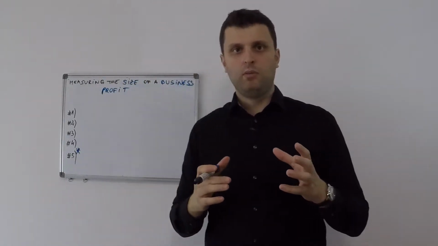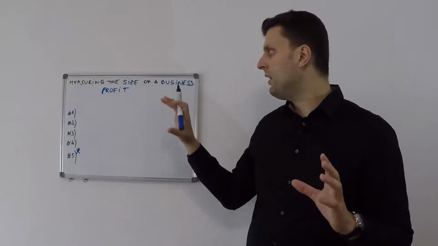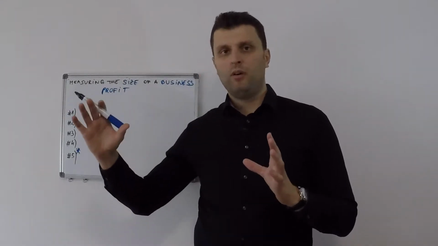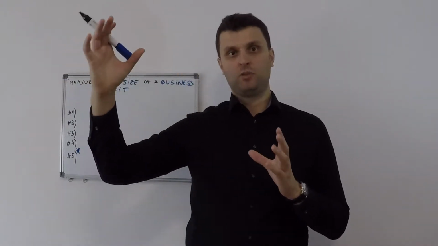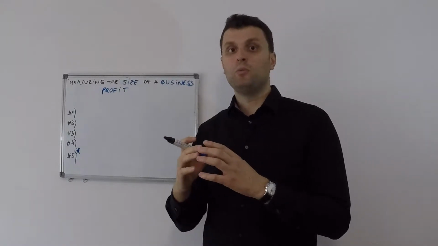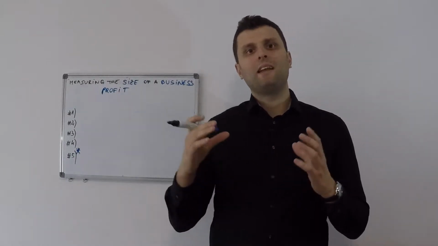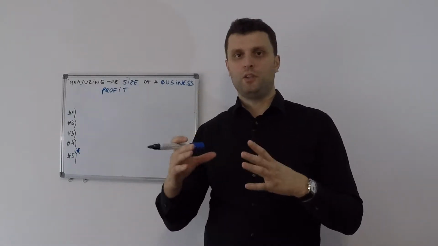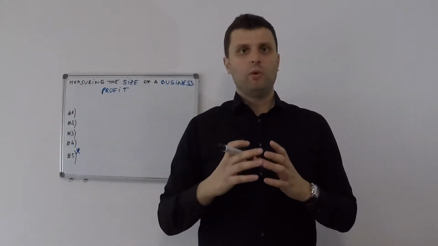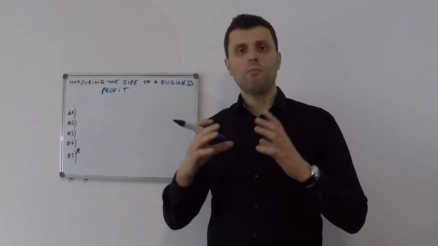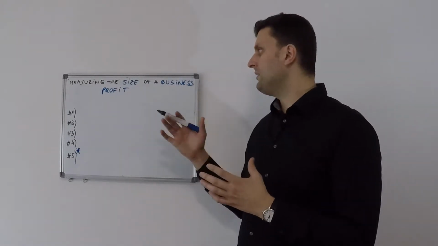And I'm going to give you an example, but first of all, I would like to explain what profit is. And don't worry, we will have another lesson about profit in which we explain all the types of profits that a business can encounter and how much eventually from initially what we had as a gross profit is actually going to be the profit that we will be able to enjoy after we have paid everything. So profit is the money that your business has left after it has paid all its costs. And here we can think of costs with salaries, with taxes, with utilities, with bank rates, machinery, leasing, so on and so forth. And eventually what it has left is profit.